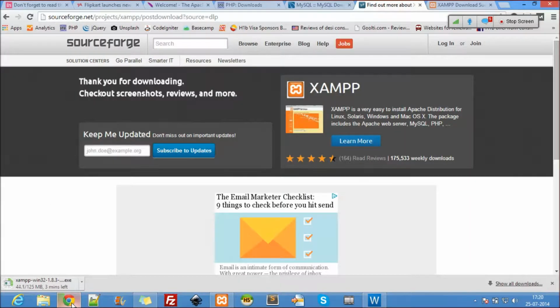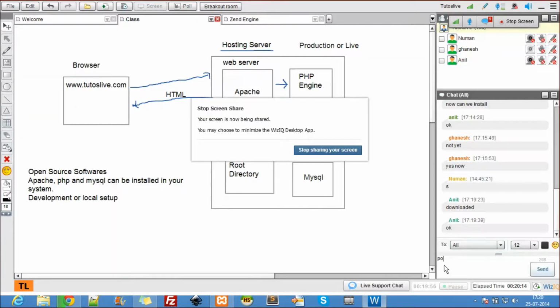It's still downloading. As soon as you have downloaded it, just open it and try to install it. If there's a problem, take a screenshot and send it to me at this email, putilapu.sagar@gmail.com. I'll take care of it right away.